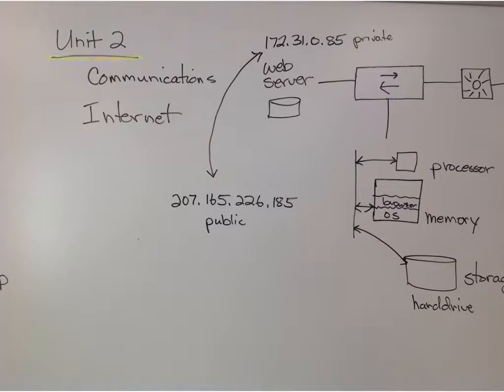So Unit 2 is done, or pretty much done. What key things did we do? We talked about communications, and we talked about the internet. We talked about the internet in the entire course, and we learned something a little bit more new about it every unit. Okay, so what we did today